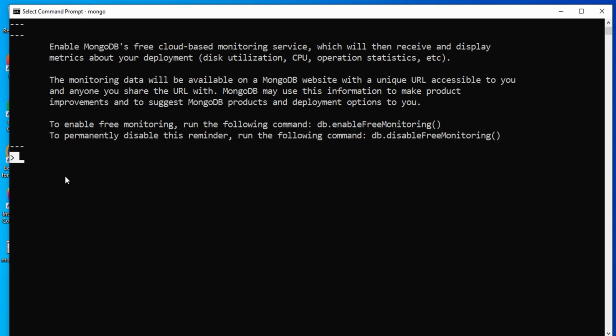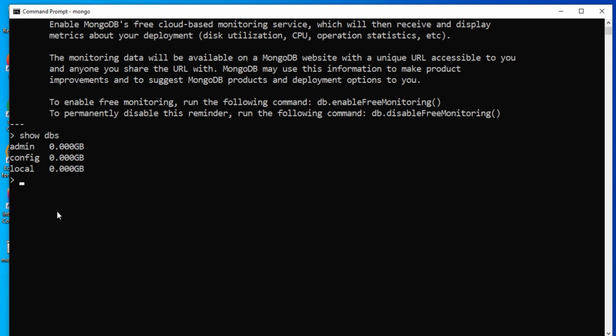So now you can just open this Mongo client and you can type your command. Let me show you a few of the useful commands which we use in MongoDB. So the first command which we have is show dbs. Currently it is showing me admin, config, local, which are the default databases.